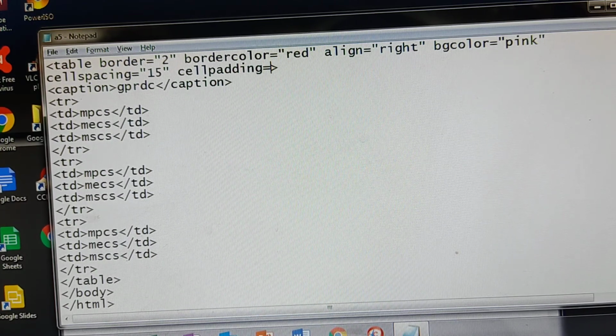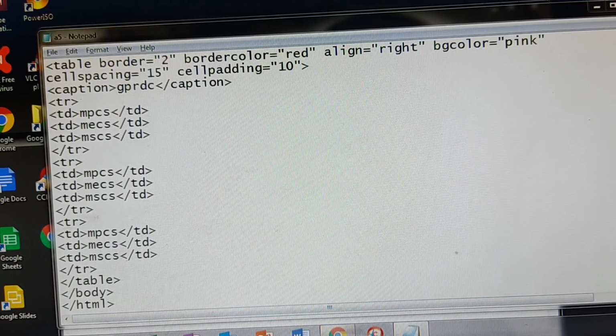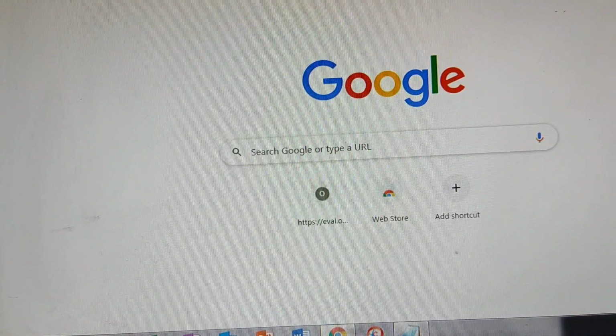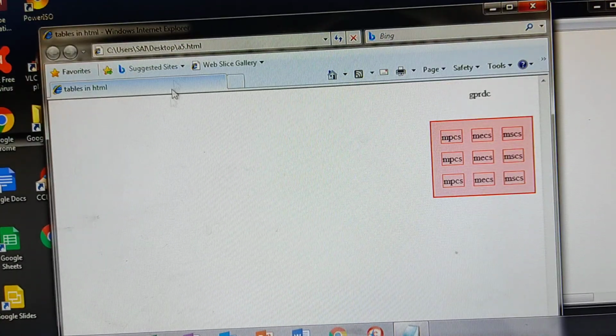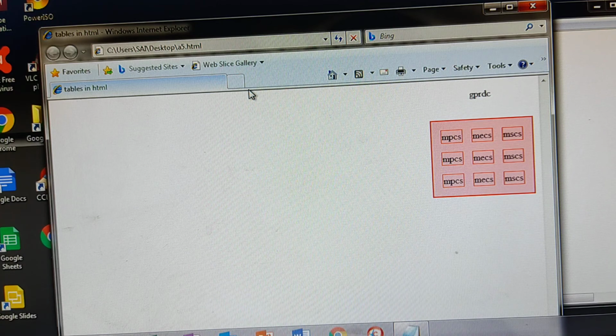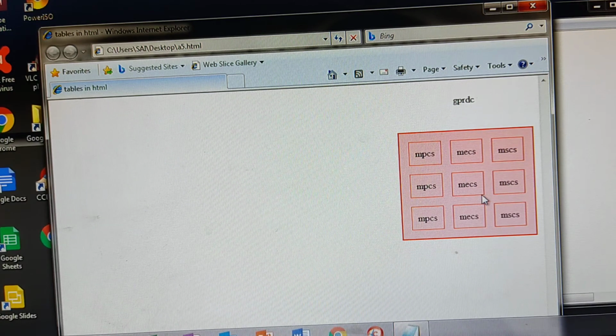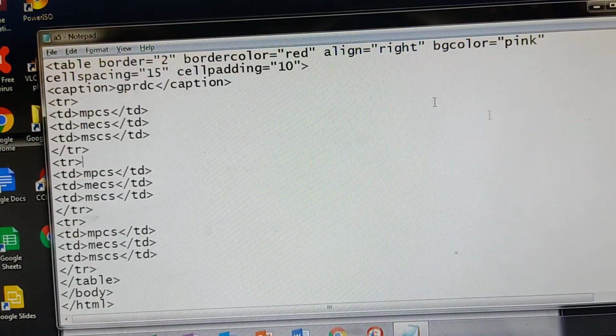Cell padding equals to, again I am giving 10 pixels. Save it. Come to browser window. This is the browser window. Refresh this. Now you can see the difference. This is 10 pixels. Whatever distance is there between the cell content and the walls of the cell is called cell padding.